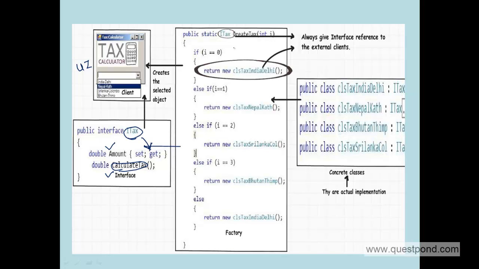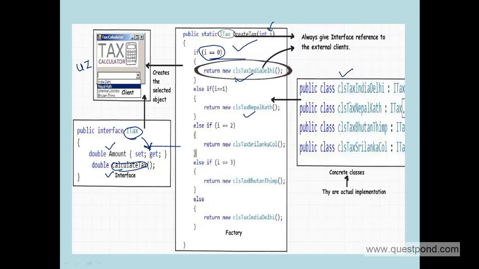Then you have one more project which is the factory class. Now this factory class takes an integer value, must be 1, 2, 3, 4, whatever it is. And depending on what integer value you have provided, it creates the appropriate concrete objects, concrete classes. So this is the third project, and the final project is our actual implementation.